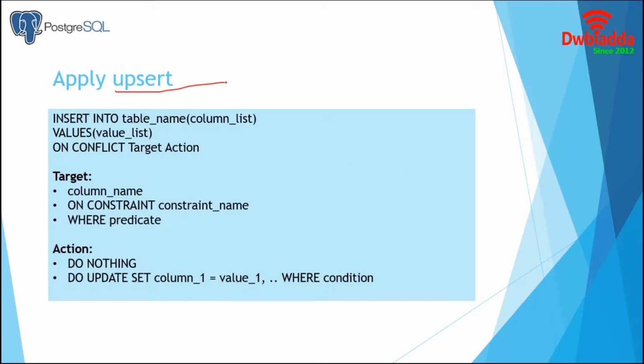The idea is that when we insert a new row in a table, PostgreSQL will update the row if it already exists. Otherwise, it will insert the new row. This is why we call the action upsert. To use the upsert feature in PostgreSQL, we use the INSERT ON CONFLICT statement. It uses the same INSERT INTO VALUES command to insert data.